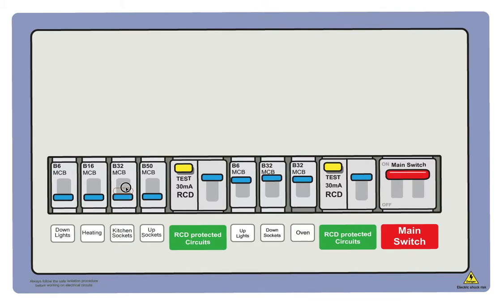Switch the kitchen sockets back on again. Oh, it's tripped. Goes again. So that's a good indication that there's something not right in the kitchen. So we'll switch that off. And now is a good chance to go around your kitchen and just double check that you've unplugged everything. Switch everything off. Things you might have forgotten about,